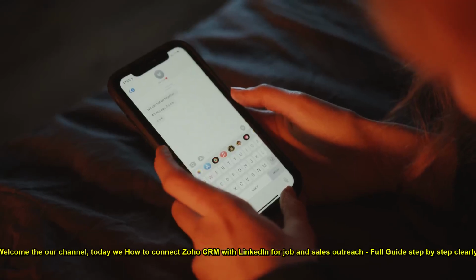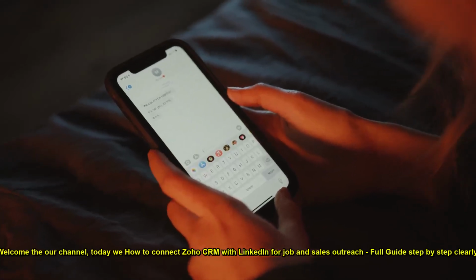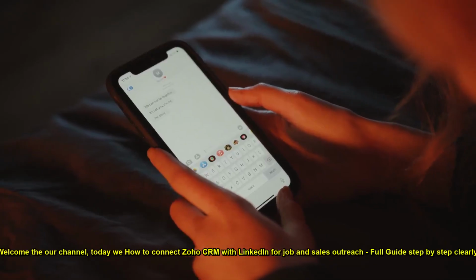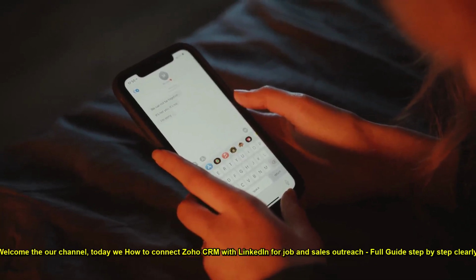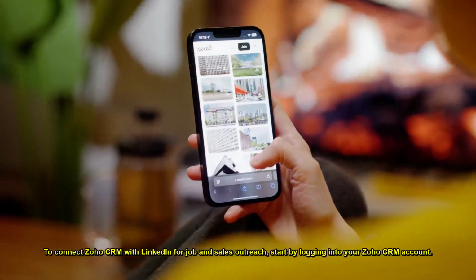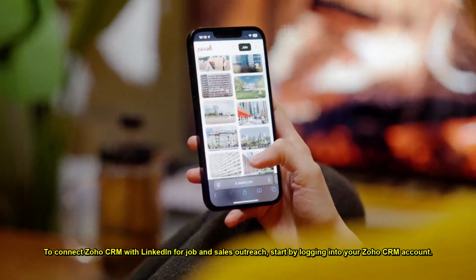Welcome to our channel. Today we'll show how to connect Zoho CRM with LinkedIn for job and sales outreach, full guide step by step clearly. To connect Zoho CRM with LinkedIn for job and sales outreach, start by logging into your